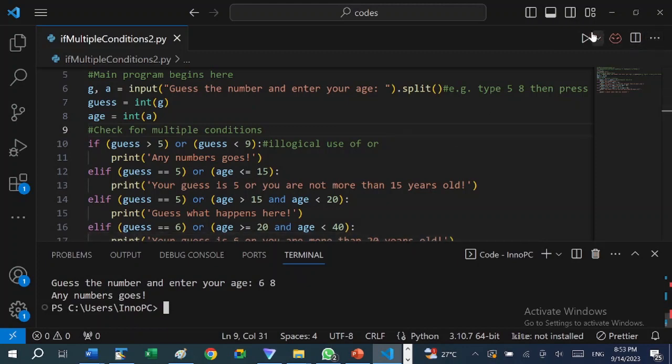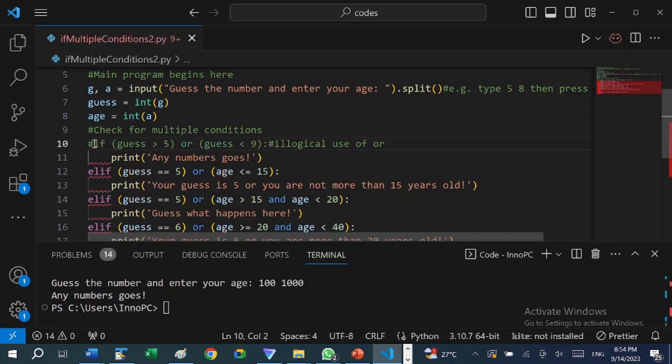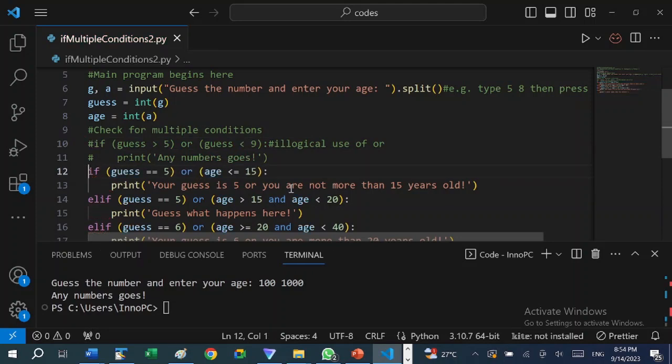In the same way, if I type any number, "goes." So what we are going to do now is comment this illogical code out of the program and test parts of the code that are more logical.